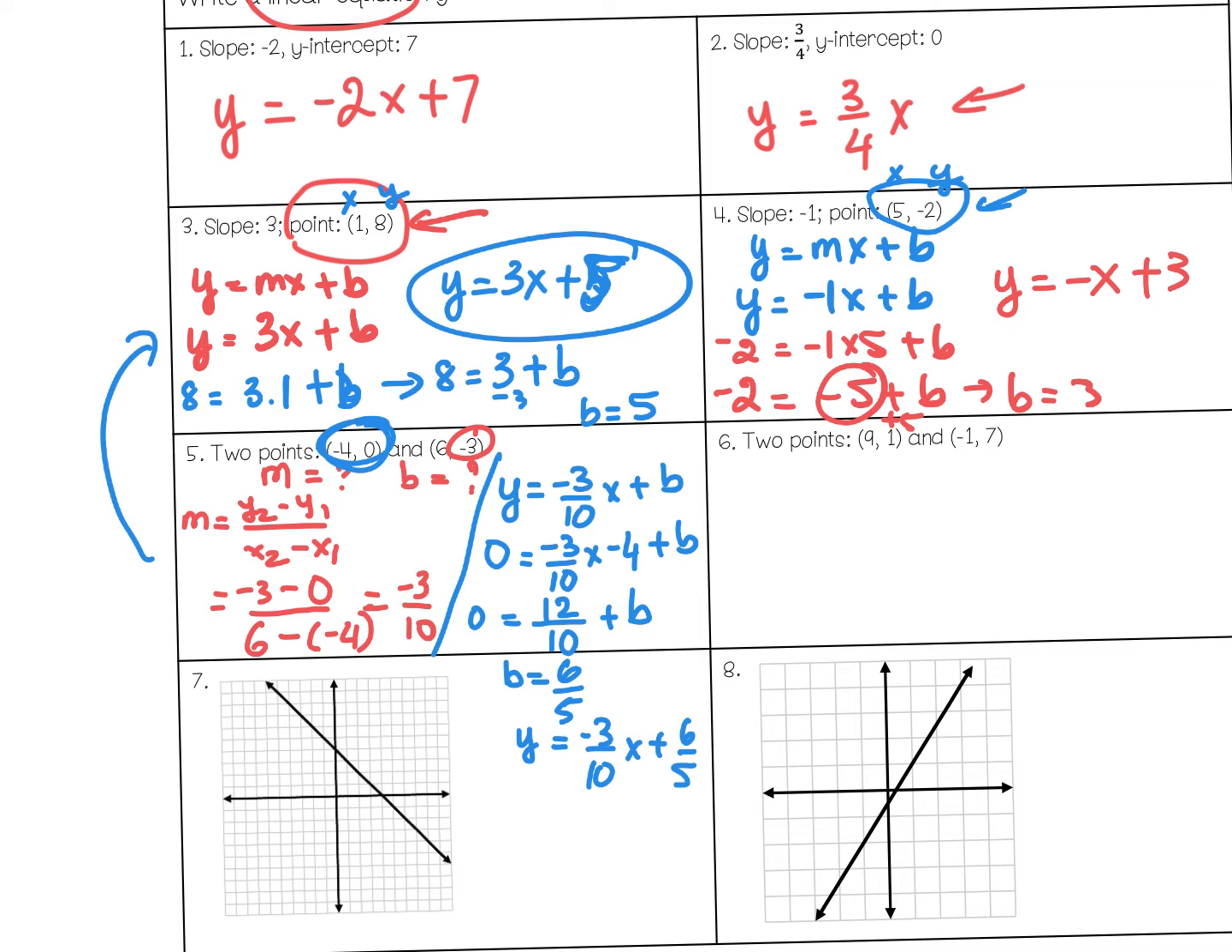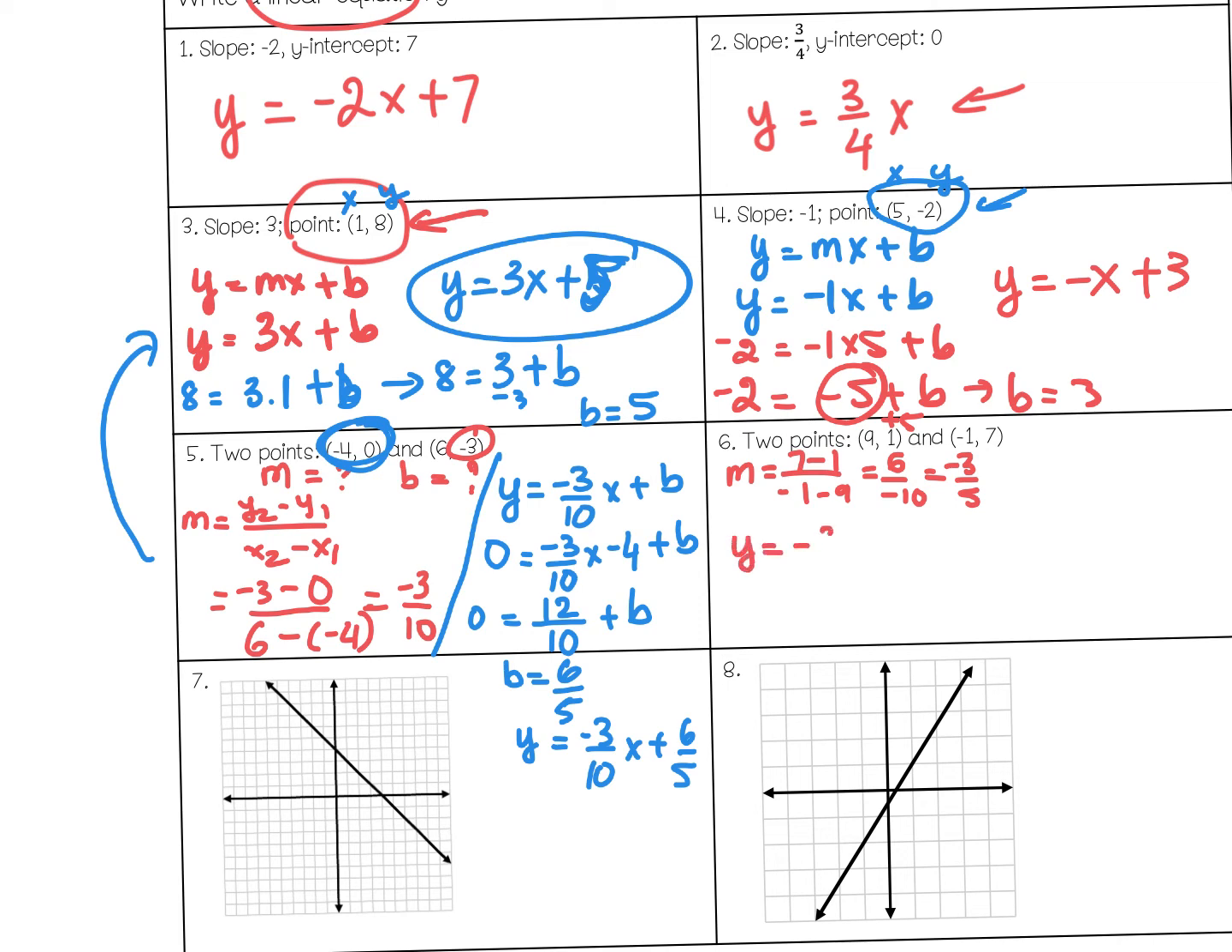Right. Number 6, find slope. y2 minus y1 over x2 minus x1. y2 is 7, minus 1, and x2 is -1, minus 9. So you have 6 over negative 10, which is what? Negative 3/5. Okay, so to find the y-intercept, we have to